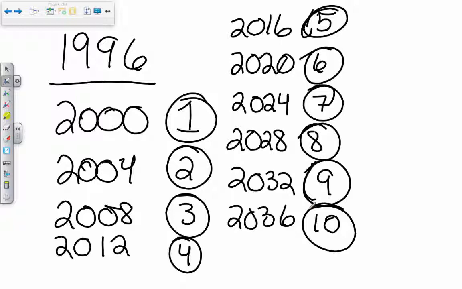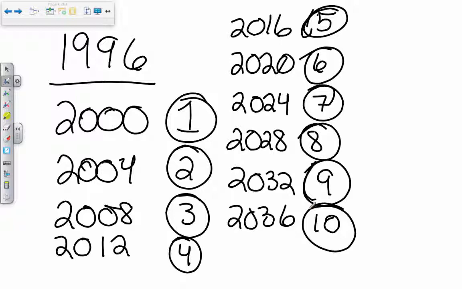So here's what we're talking about here, right? There's 2 number sequences here. What about the years? What is that sequence? It's going up by how much every time? 2000, 2004, 2008, 4 years. But his age is going up how much? 1. These are an example of two number sequences. Ordered arrangements of numbers.